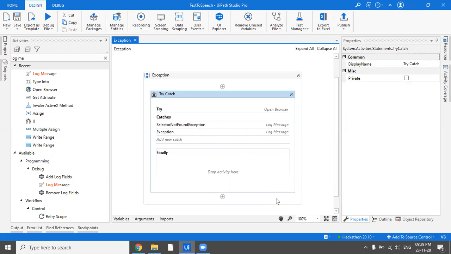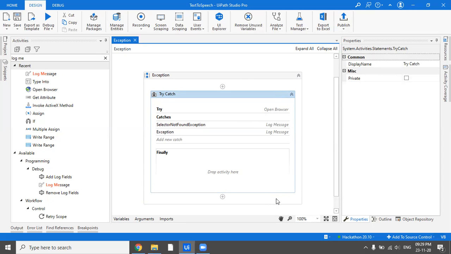If there's anything like closing all the applications, even if you have completed everything, your bot has to log into Amazon, place an order, and then log out, or something like that. It doesn't matter whether the order was placed or not.